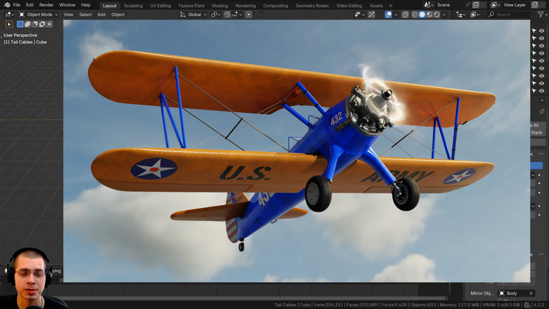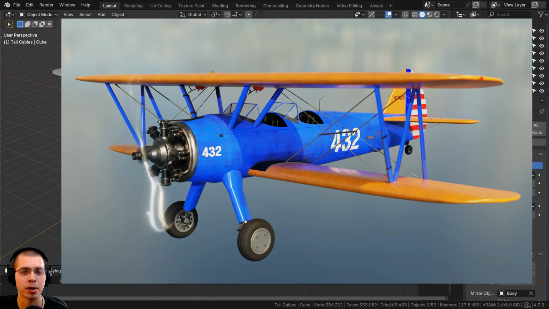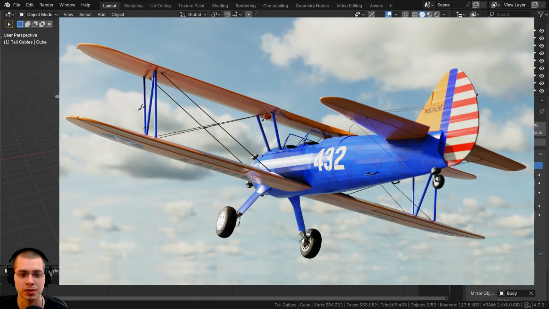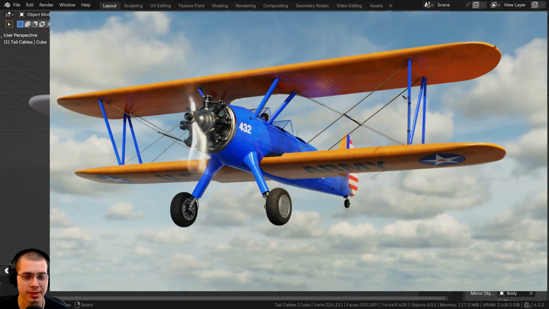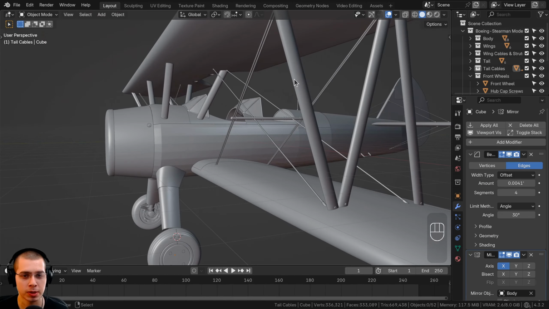Welcome to part 5 of this biplane Blender tutorial series where we're creating this Boeing-Stearman Model 75. If you haven't seen the previous parts, then definitely check out the tutorial playlist linked in the video description. So in this part we're going to be modeling the tail wheel, and then we're also going to be modeling the Pitot tube, and the Pitot tube is used to measure airspeed, and it's going to be right here on